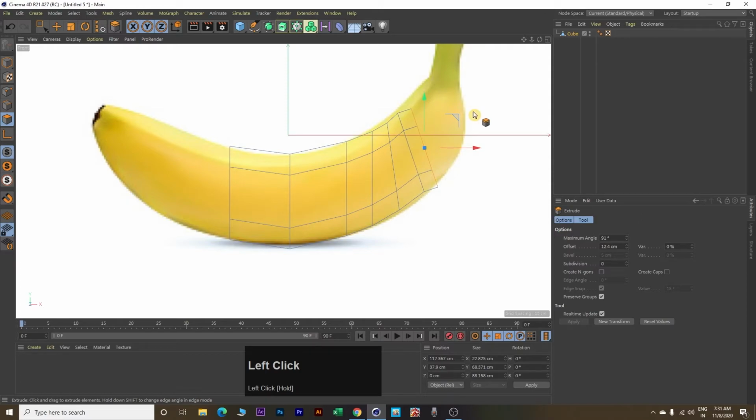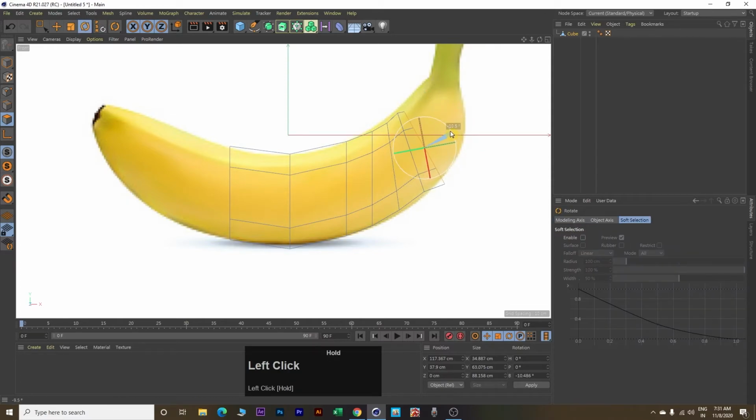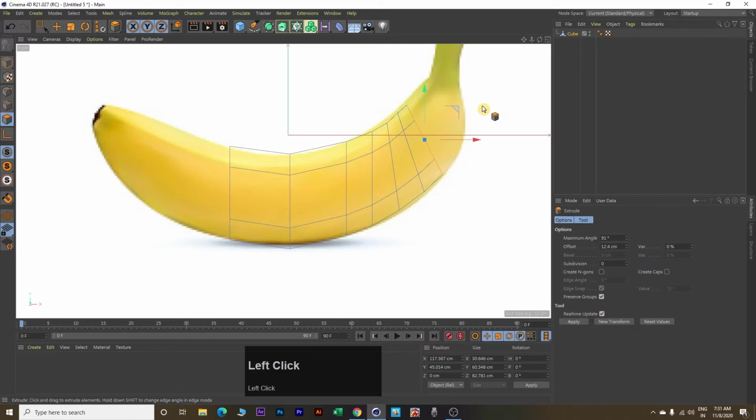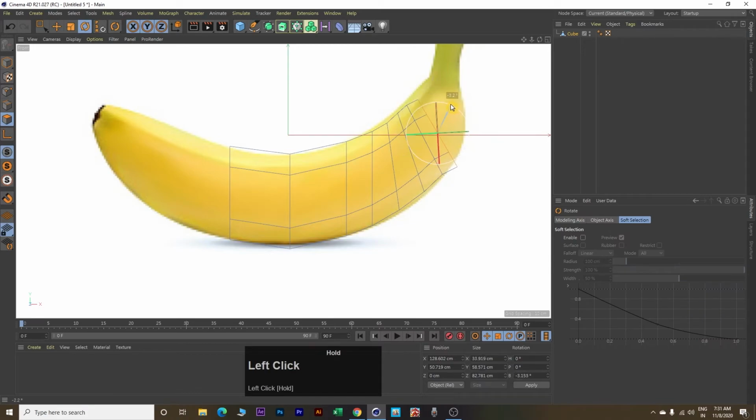Then use rotate, move it a little upward, click T to resize. Again use extrude, click R to rotate, click E to move, click T to resize.